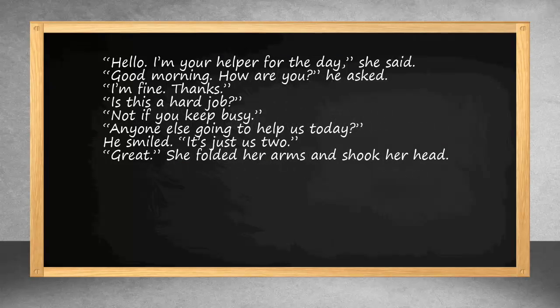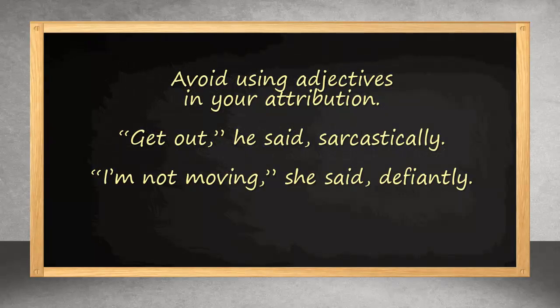Next, let's look at this attribution, these speech tags that we have at the end of our dialogue. It's tempting, especially as a novice writer, to want to spruce up, to modify your speech tags. Instead of going with the he said, she said, we want to add he said passionately, she said with a whisper in her voice, he replied bitterly, she said huskily. And so we want to add those adjectives, but really all we need is the simple he said, she said, and that'll carry it along just fine.